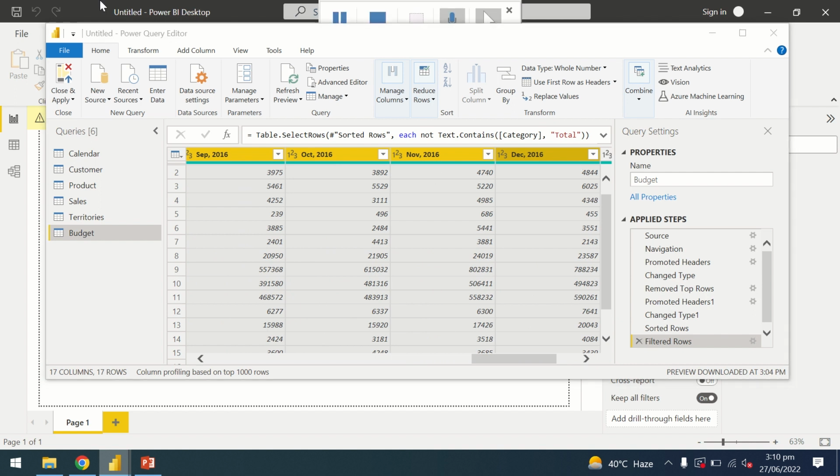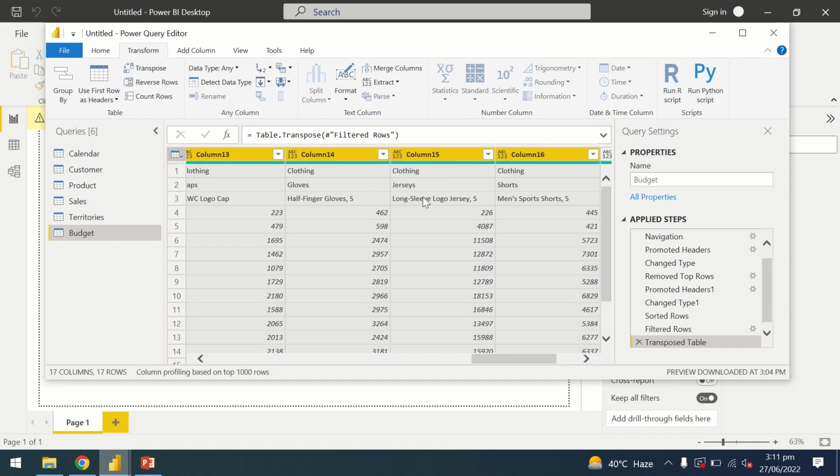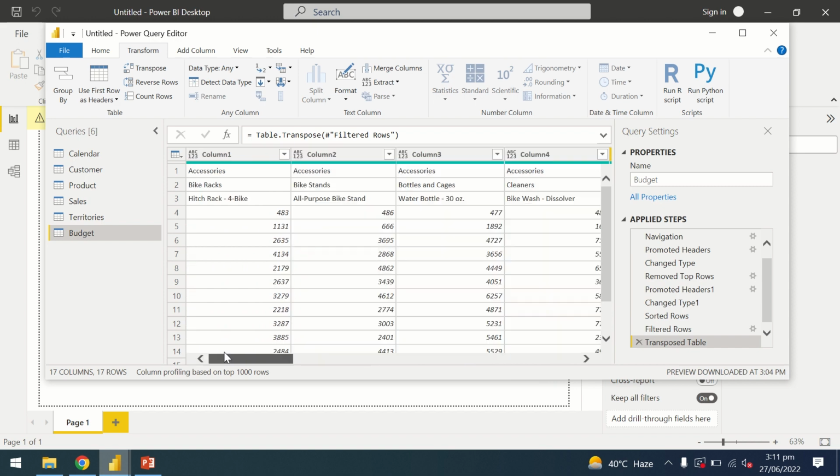Where that column option is available, I need to go to the transform option, and here in transform, I'll have the option of pivoting the table in a different way. Alright, I have this option in transform, which is going to do transpose, transposing the table, treating rows as columns and columns as rows. And when I click over it, this is doing that option, that my rows are being